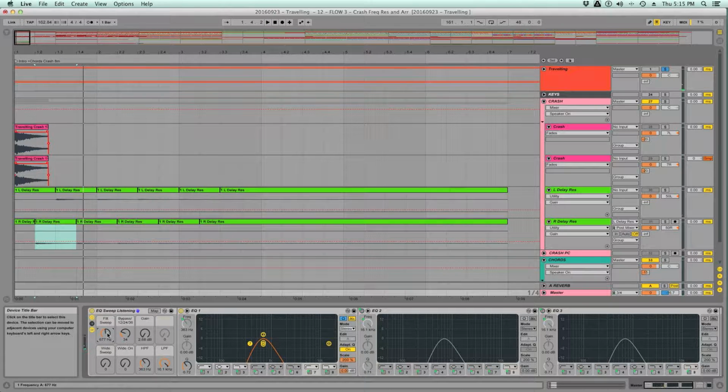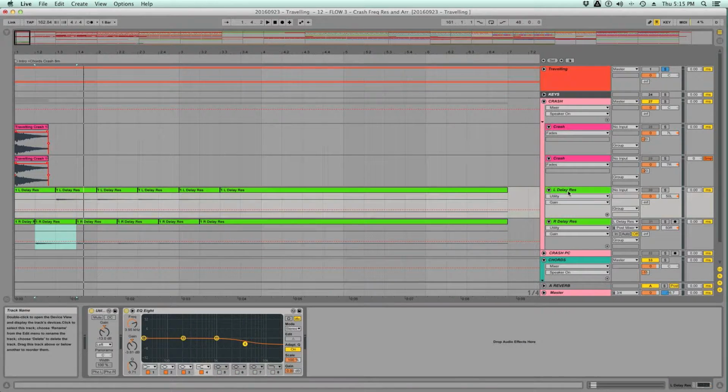So the delay tails are definitely like way more high passed. I'm really not even getting a hint of the delay tails till about 1.4 kilohertz. So why don't I just go ahead and start to high pass this at the same, and I already had done a little bit of a high end dip there, so